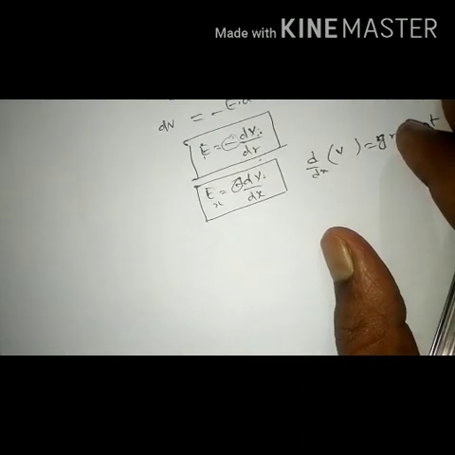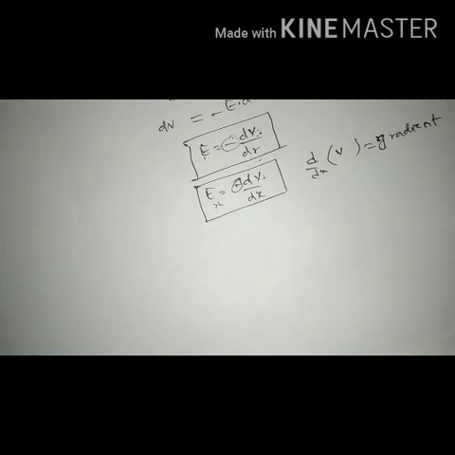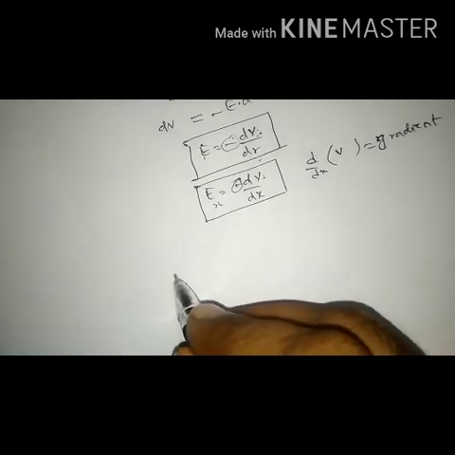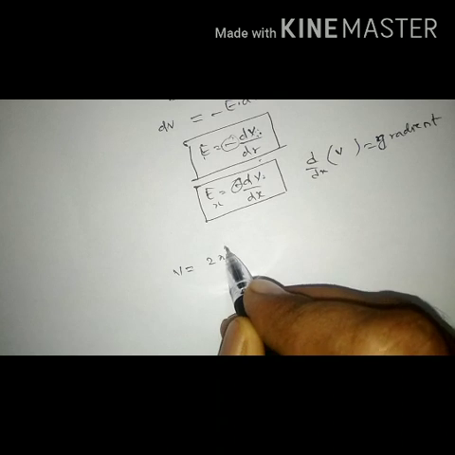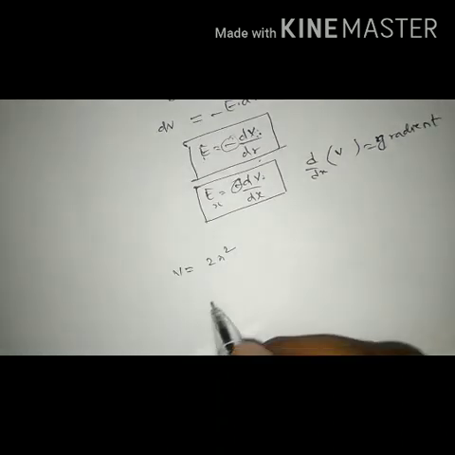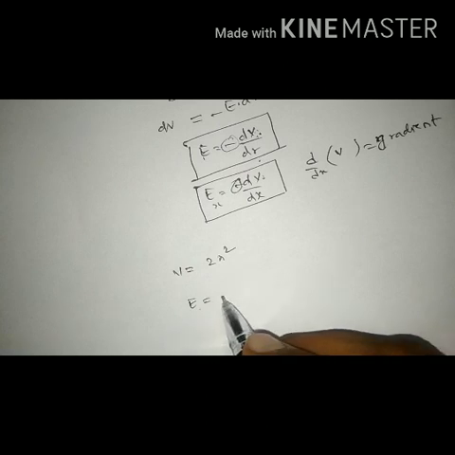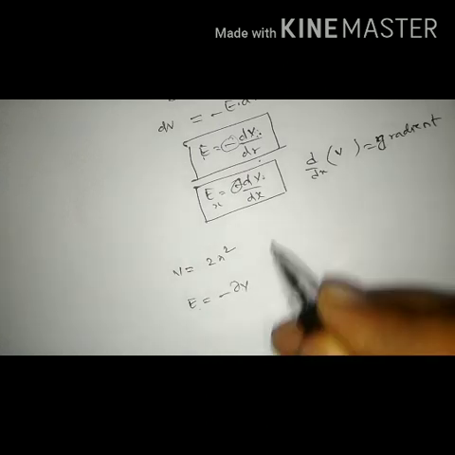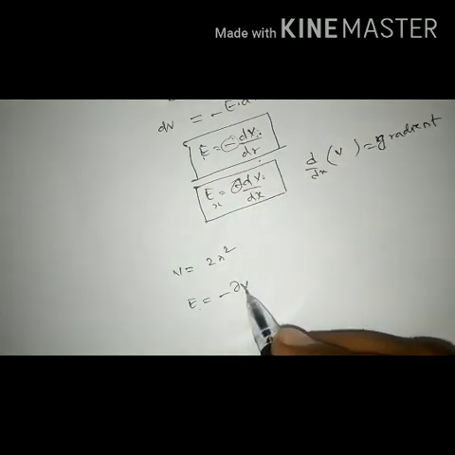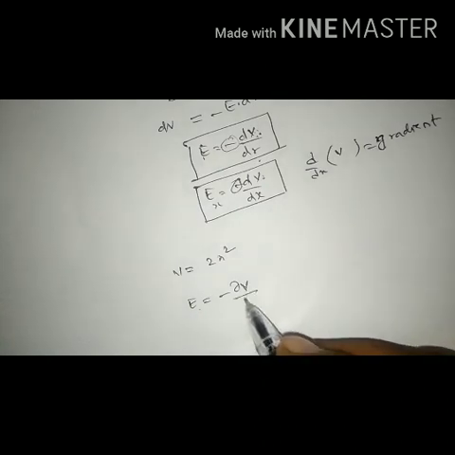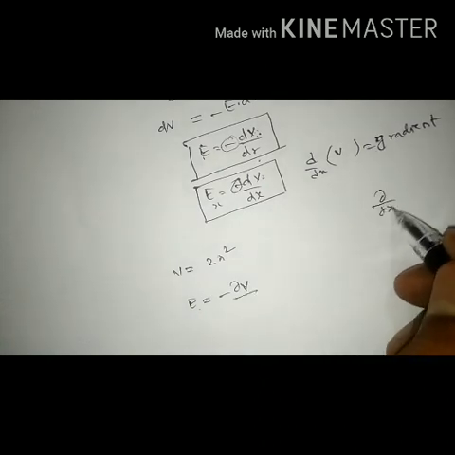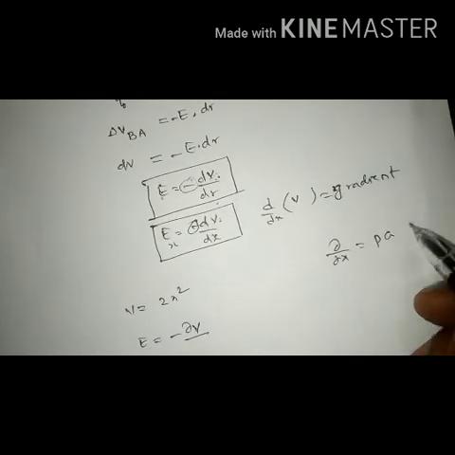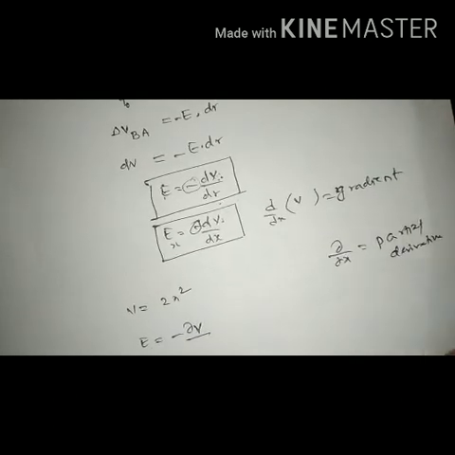So here also we can see many examples. For example, you take V is equal to 2x square. For example, you consider what is the electric field intensity. E is equal to minus, actually in the place of d I will write it as dou. Dou means partial derivative. Dou by dou x is nothing but partial derivative. I will explain this. How can you take partial derivative?